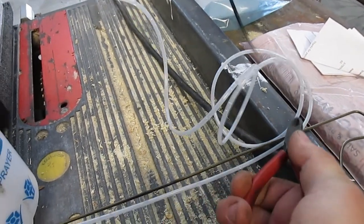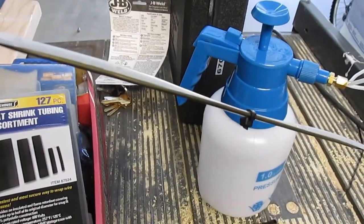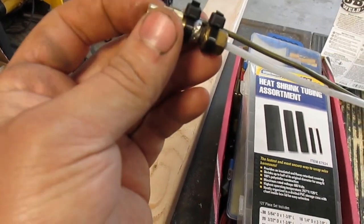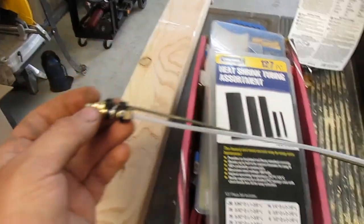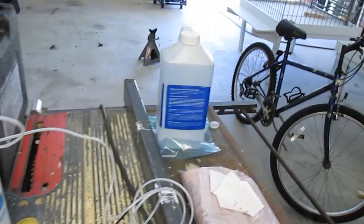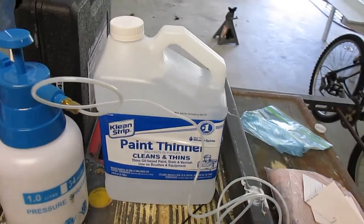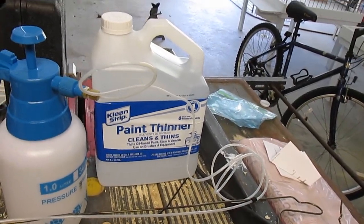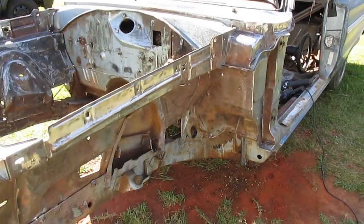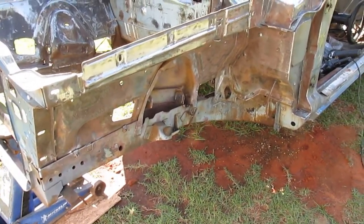So if I ruin it, guess no harm done. It sprays water really nicely. It has an adjustable nozzle. So hopefully I'll get it to spray paint. I'm gonna thin it with the mineral spirits. Hopefully that'll work. As far as the car prep goes, I've sandblasted a few harder to get spots, but then